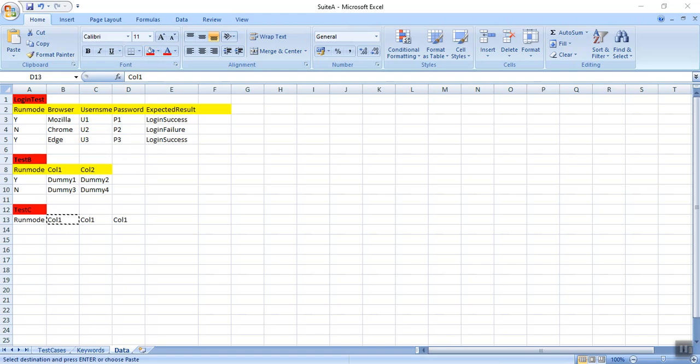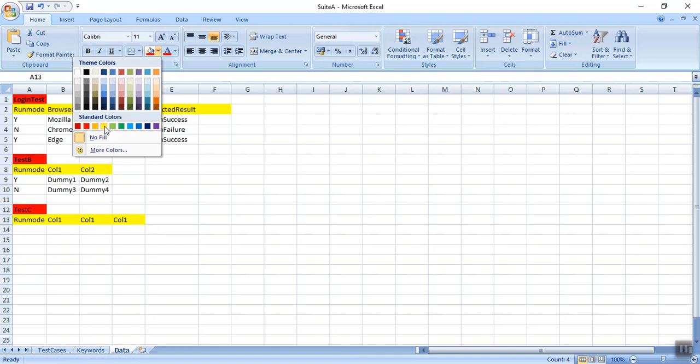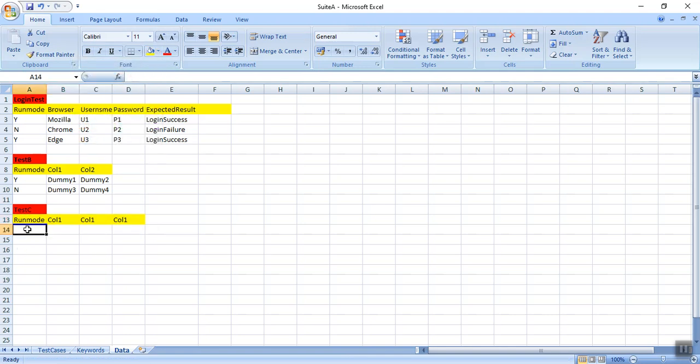Similarly, I can put data for test C also. Say I am putting just one line of data: dummy 5, dummy 6, and dummy 7.